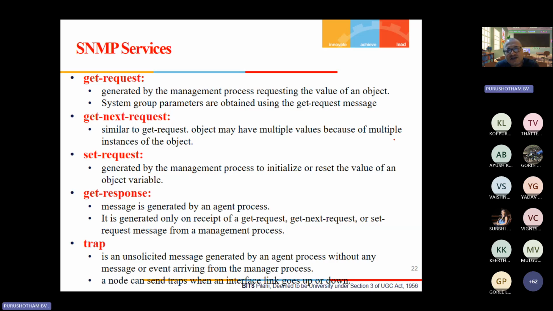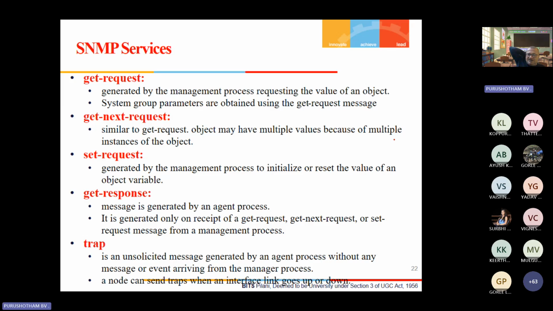Set requests are generated by the management process in order to initialize or reset the value of an object variable. Get response is the message which is generated by an agent process and is generated only on the receipt of a get request, get next request, or set request from the manager.